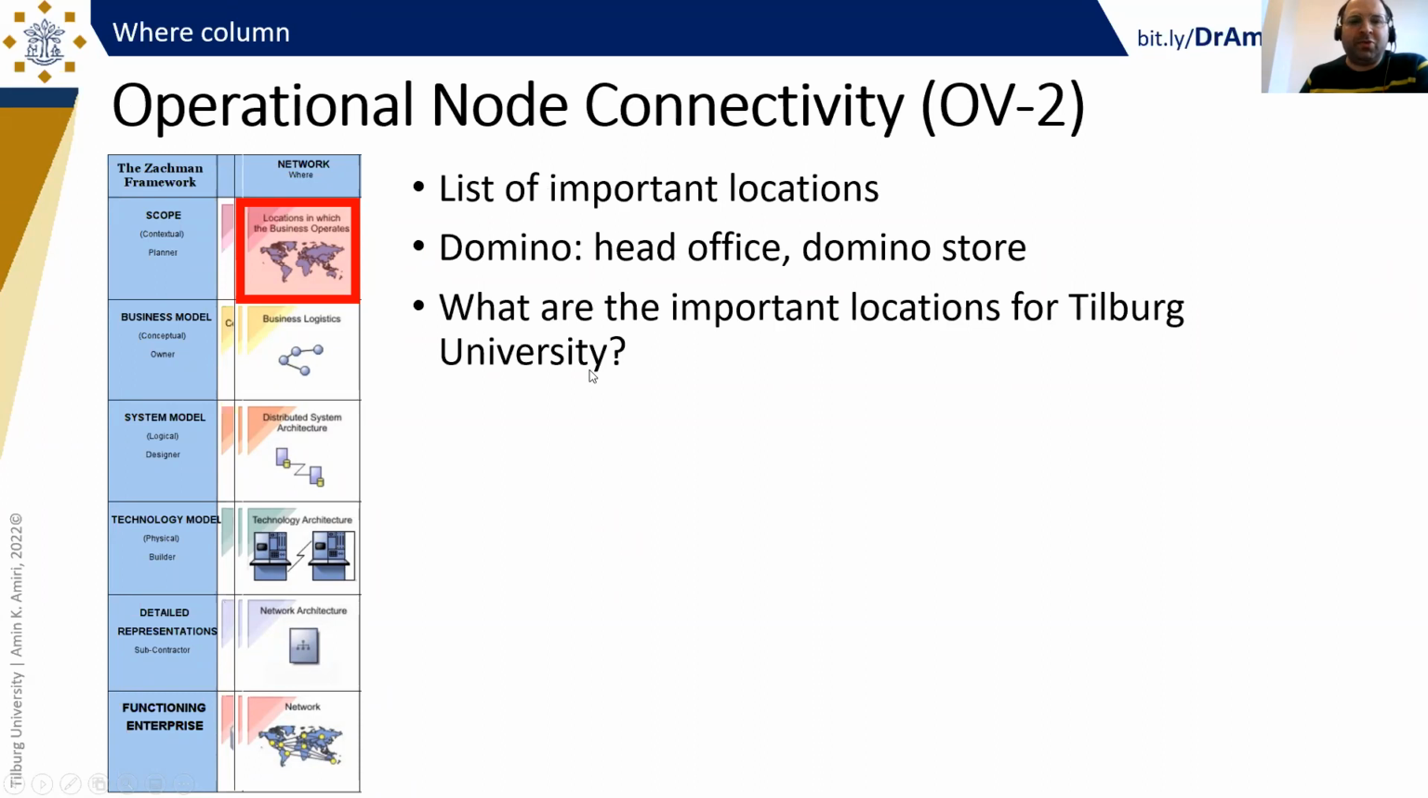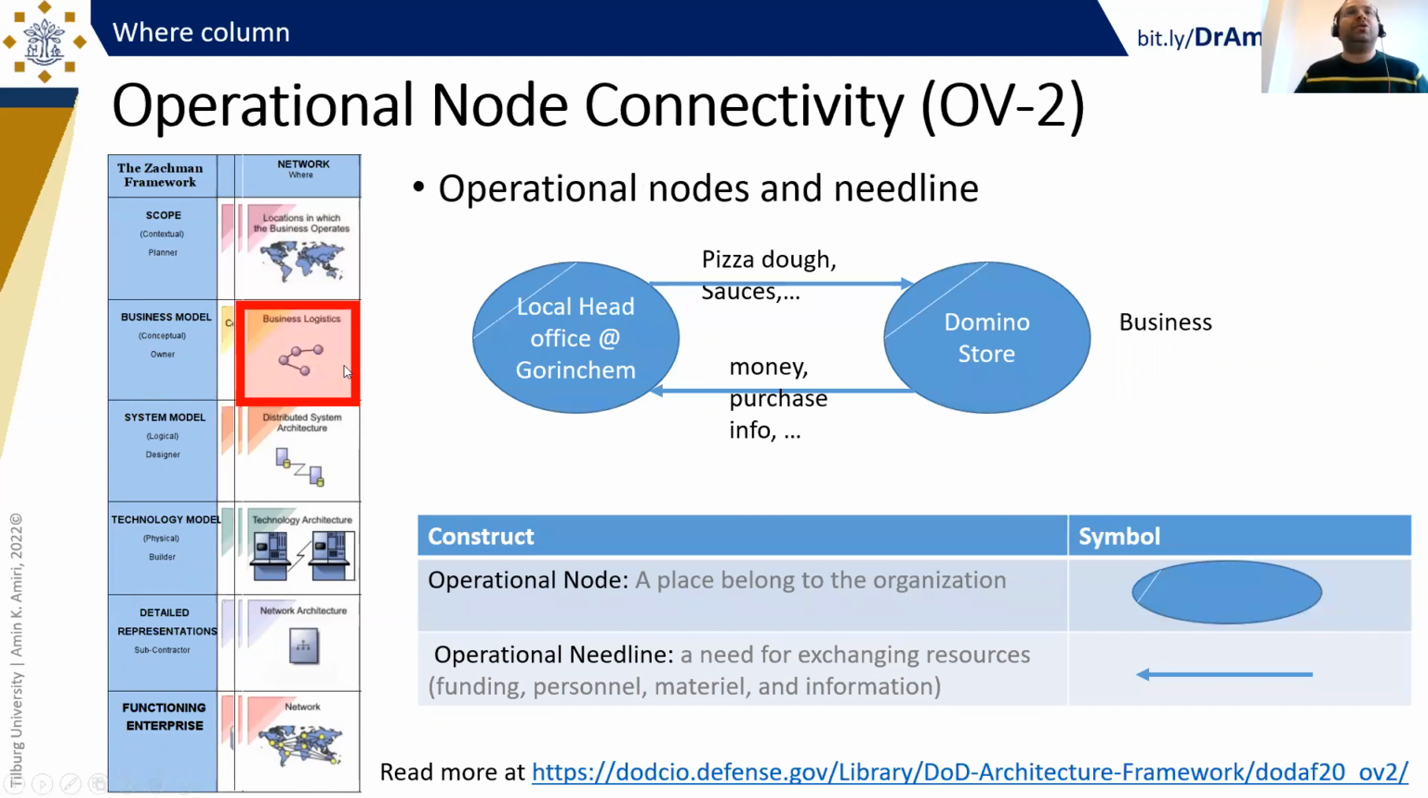What are the important locations for Tilburg University, in your opinion? Campus, Tilburg campus. We also have a campus in Utrecht, so Utrecht campus. And inside the university, we also have different schools, different buildings, K building, T building, and others. Those are also important to us. So we list all the important locations, and then we use these important locations to create the view of the